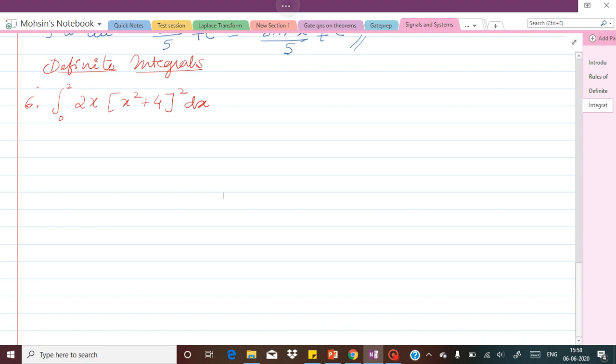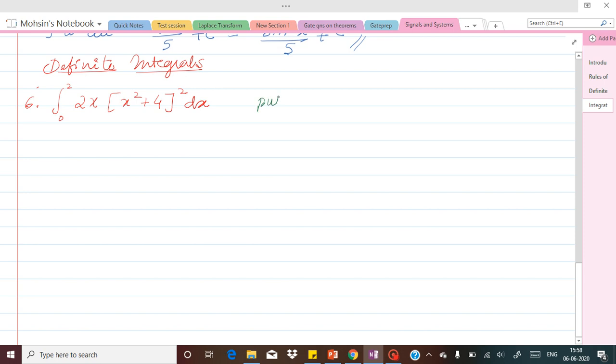Okay, so now again here we need to do the substitution. So what are we going to do the substitution for? So 2x is there, so 2x can be cancelled if you have the differentiation of x square. So let us substitute for that x square term. So single x square cannot be substituted, so let us substitute x square plus 4 as the u term. So put u equal to x square plus 4, therefore again the same way we are going to get du as 2x dx, since the differentiation of constant 4 is 0. So if you want to write for dx, it is going to be du divided by 2x.